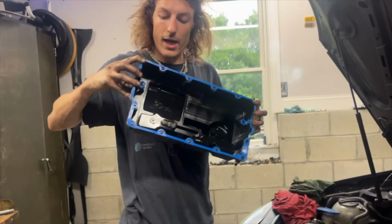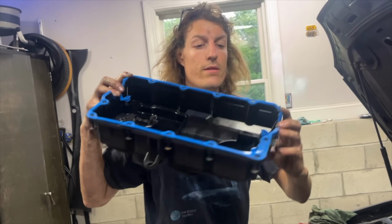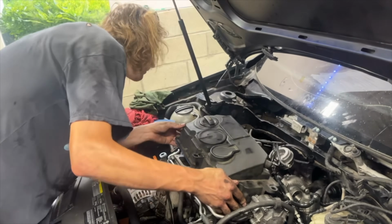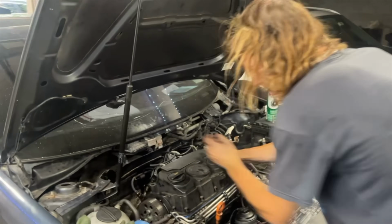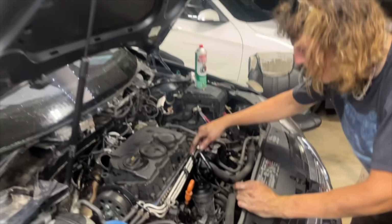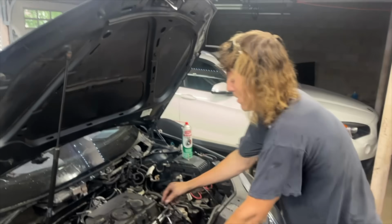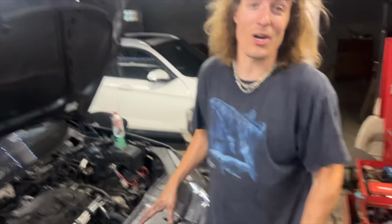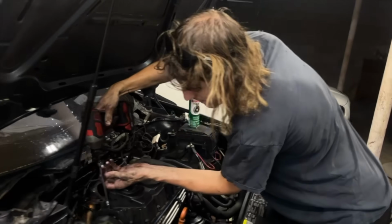This Velcro gasket in here, I think it's Velcro, I don't even know what it is. Yeah, it's Velcro. It doesn't line up the best. It's in. You see that nice blue gasket in there? Nice blue gasket, beautiful. The only thing this is missing is a big pressure wash. Let me show you guys how I get this valve cover on there though. There might be a torque spec you're supposed to follow, but